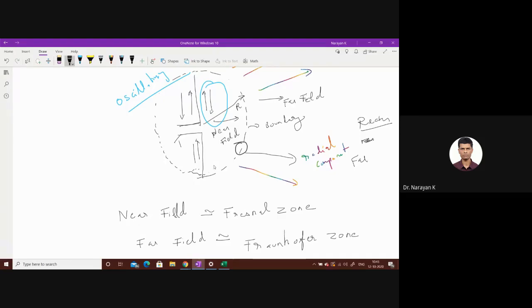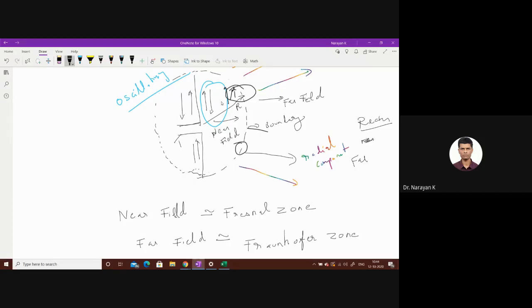So from the scientific point of view, this near boundary I am telling, where 2L squared by lambda determines your R, is not an India-Pakistan border but an India-China border. As you keep going towards the boundary between the near field and far field, your oscillating fields will become slightly radial. It will also be oscillating. So in this boundary condition, your fields will be neither purely oscillating nor purely radiating. So you should go much further from this boundary in your radial direction.